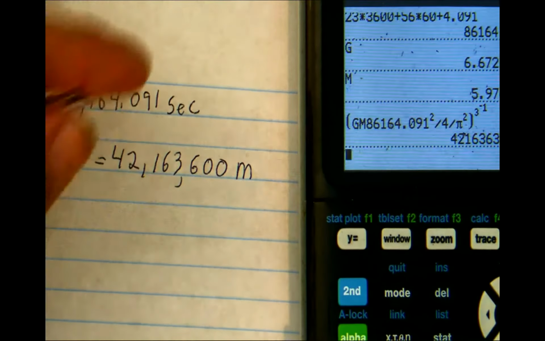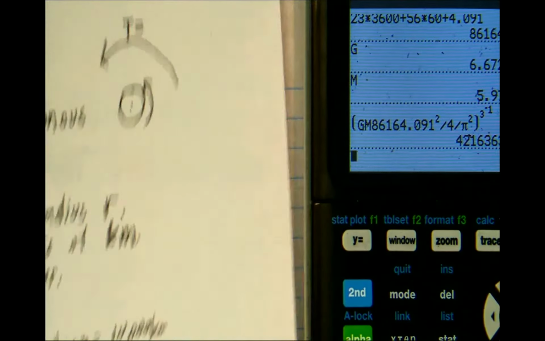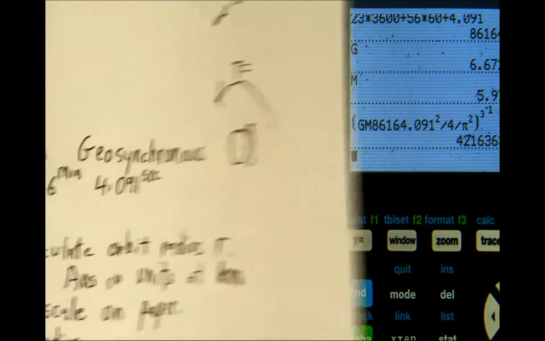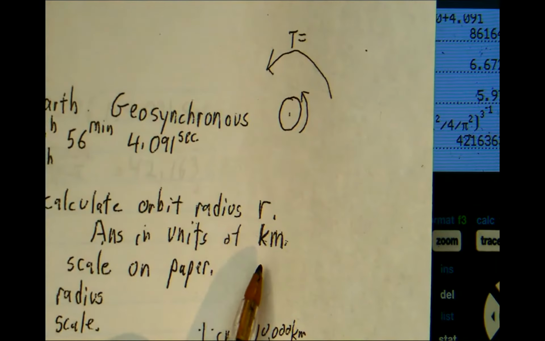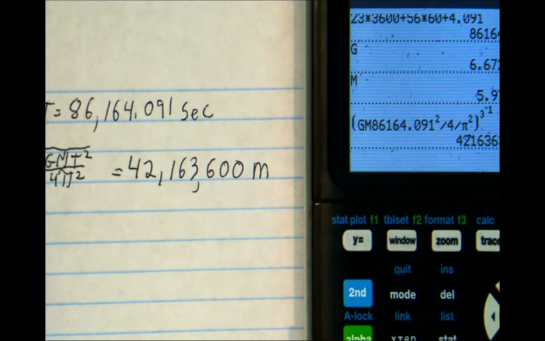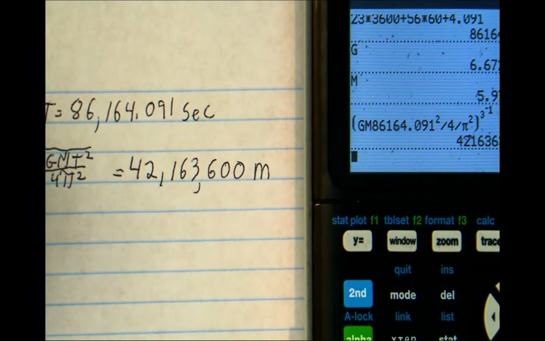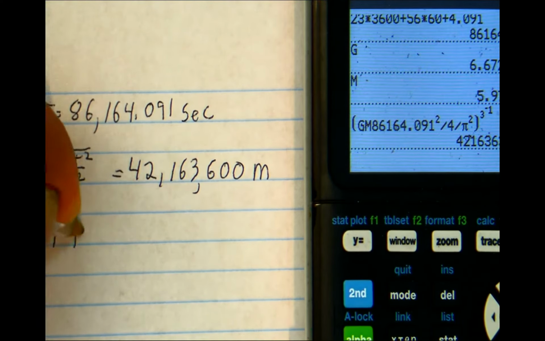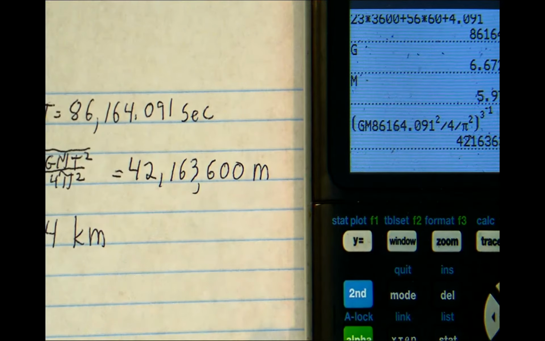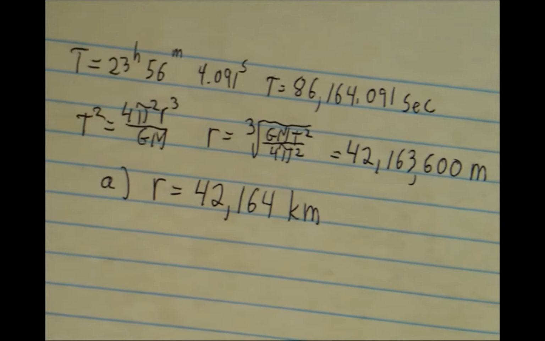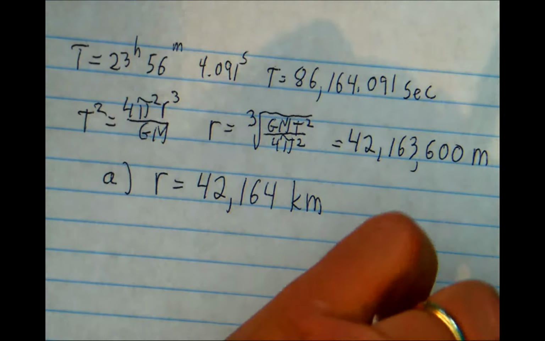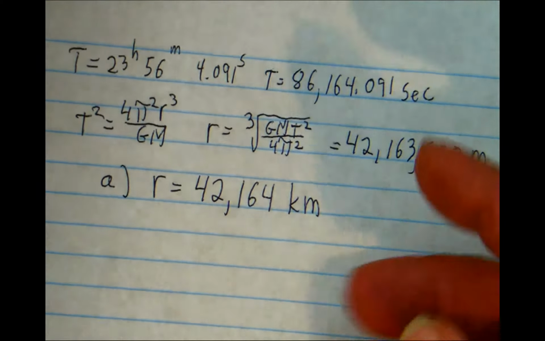And if I divide it by 1,000, I will have converted it into units of kilometers. So the answer to part A, the orbit radius, would be 42,164 kilometers. And even that is to 5 significant digits. It's good enough for what we're doing. Part B,